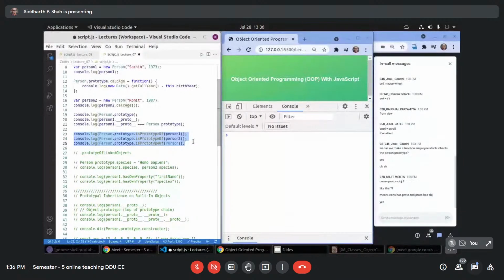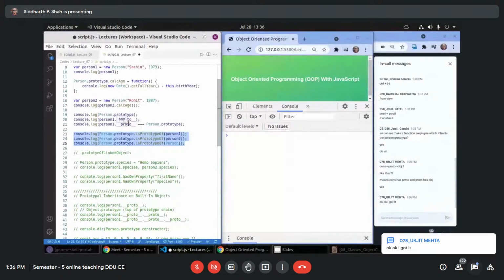It has a property called prototype. So Person is a constructor function. It has a property called prototype. And objects that you create from constructor function Person, like person1 or person2, have their own prototype attached to them. They are called __proto__, or nowadays in the browser they are shown as double square bracket prototype. And that is nothing but the same as this. So this is assigned to that, and that is what we already discussed with the new keyword. When we discussed the new keyword, we discussed that. So you need to remember it.